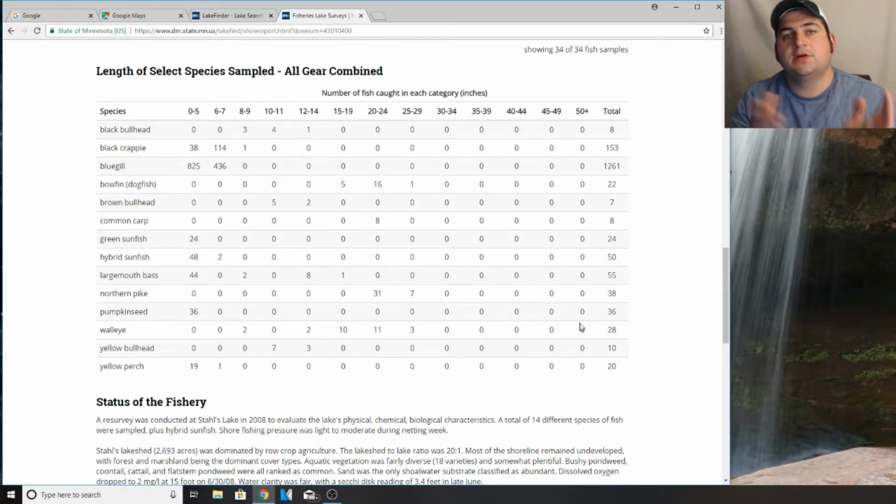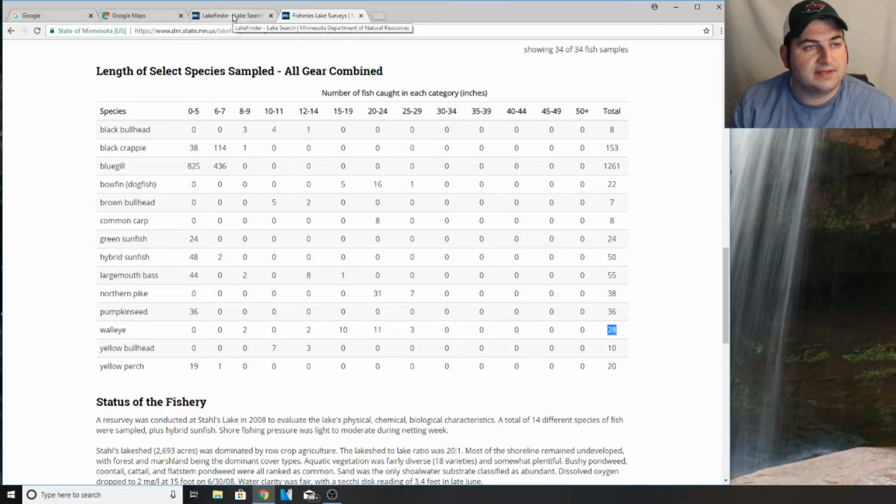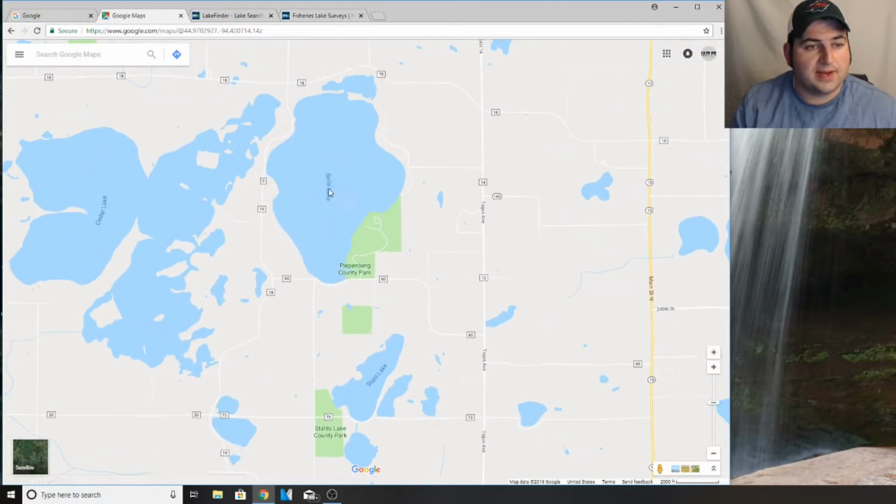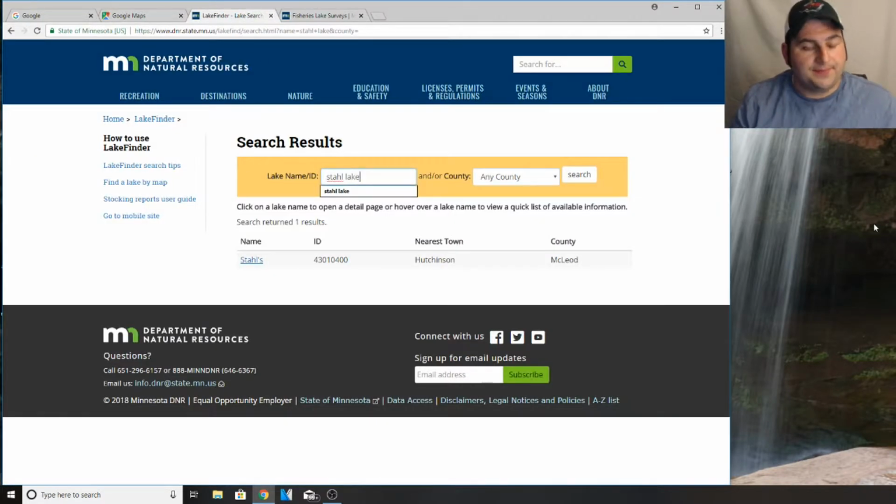Now, we determined our species of choice was walleye, and so we go down here to walleye, and it notes that it had 28 samples of walleye. Now, that's not necessarily bad, as well as that's not necessarily telling you that it has or does not have walleye. But if we compare it to another lake, we'll actually go back to our map here. Let's just go to the next lake up, Bell Lake here. If we compare it to Bell,